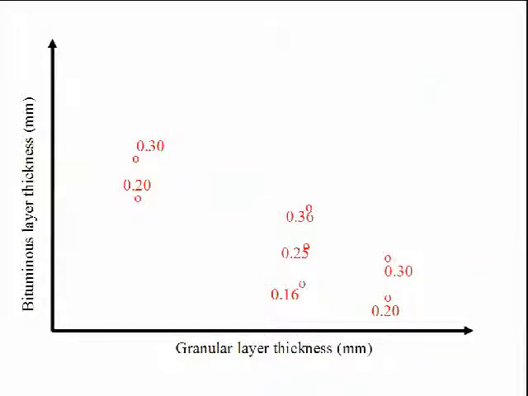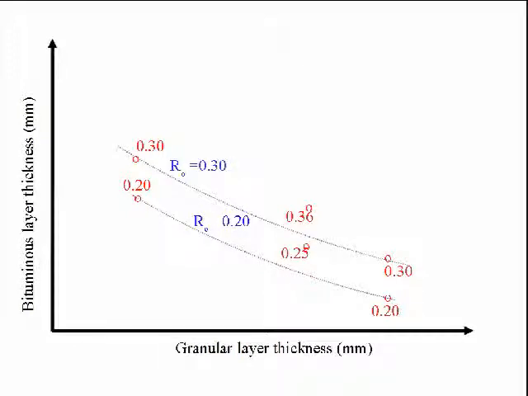Then, because the graph looks clumsy, I can remove these, and I am left with these points. And then I can draw overall reliability contours on these. This is a 0.2 line. This is a 0.3 line. So remove the points also, so that the graph should not look clumsy. So this is my overall reliability in terms of fatigue and rutting, with the definition that the pavement failure is defined when the pavement fails either due to fatigue or rutting.